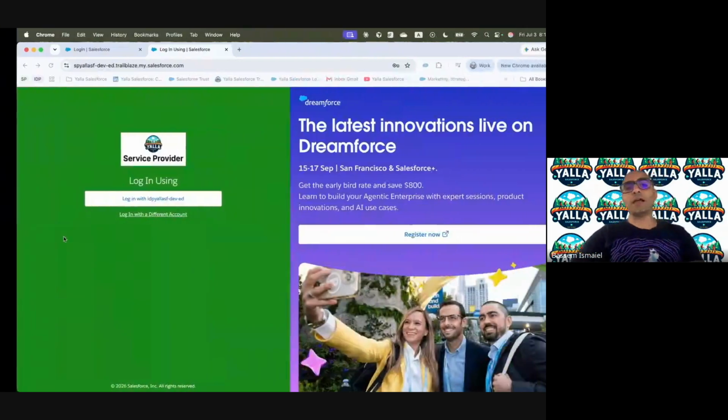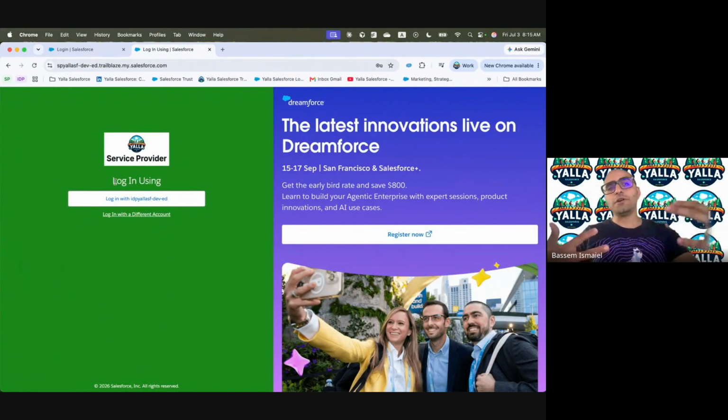Perfect. Now we have two options. We have either SAML, which is an XML-based SSO, where we have an identity provider and a service provider, or we can use OpenID Connect, which is an auth provider. Sometimes when you are logging into an application, it asks you, do you want to log in using Google? And then you put your Google account to go to that auth provider, and again, Google authenticates you and then returns you back saying, yes, you are authorized. So auth provider is another way to authenticate you.